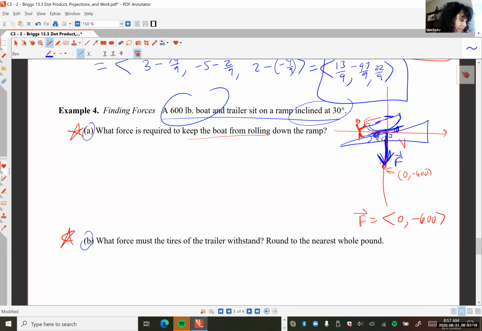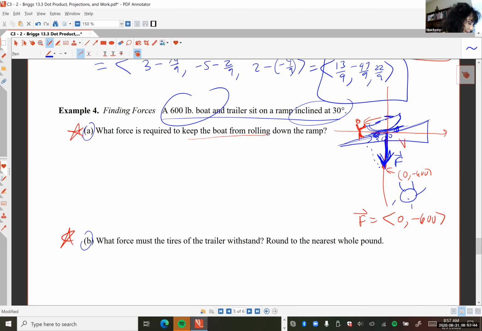We're going to project this force onto the ramp. So you have to think upside down. Remember I told you that a sun is shining and its projection is the shadow that the vector makes on the vector that you're trying to project onto. So if this is our ground now and there's a shiny sun that's shining up, the force vector projected onto